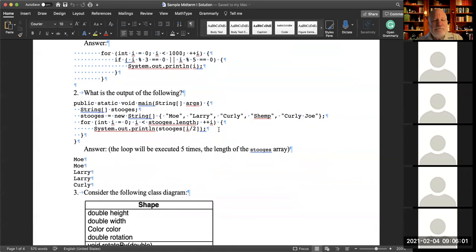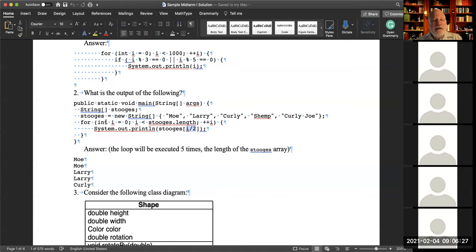Okay, so now this one was tricky. What this one was about was understanding what integer division is about. So this is the tricky one right here.